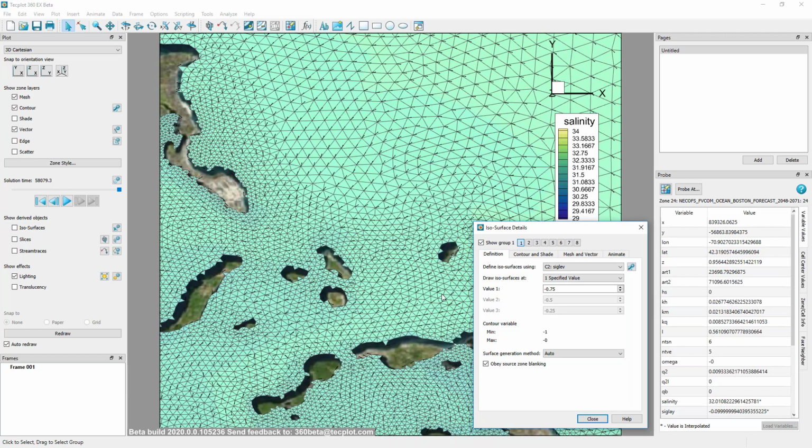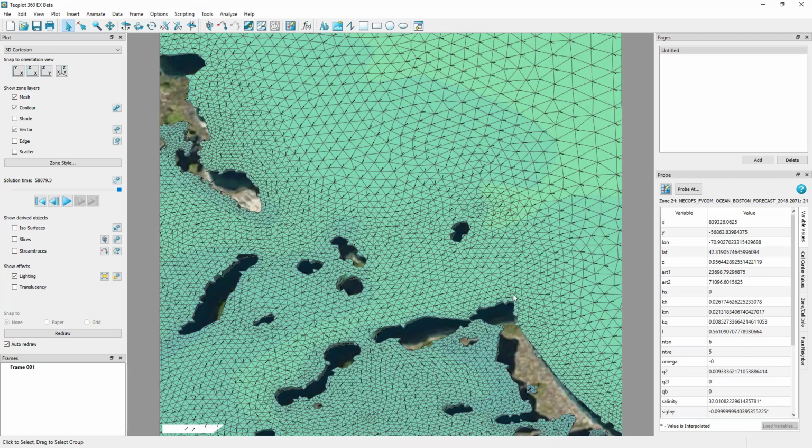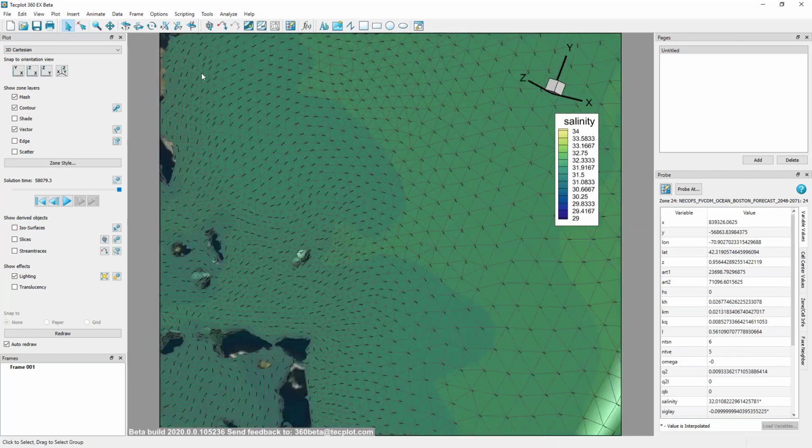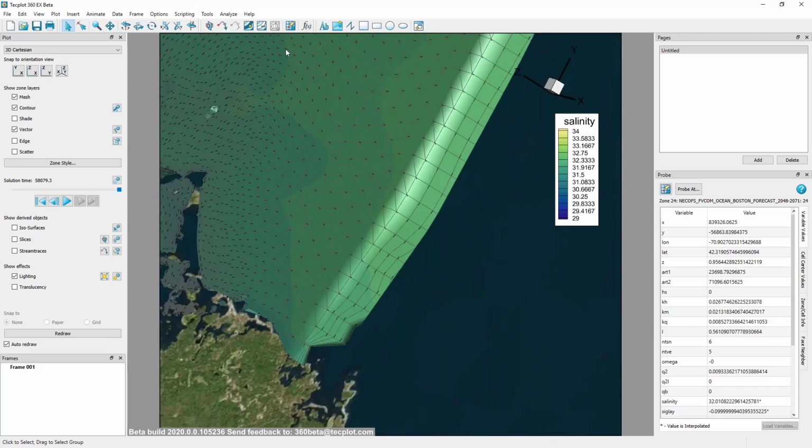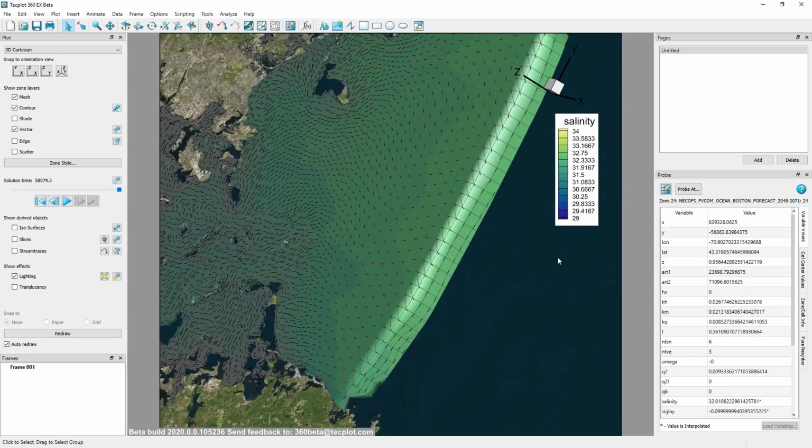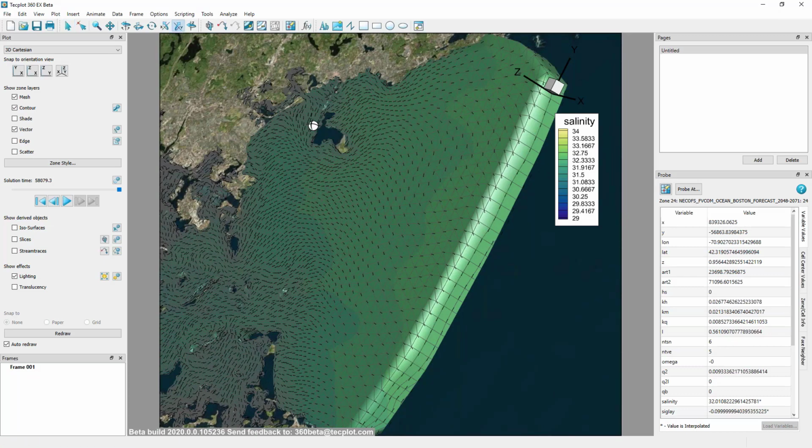So I'll keep the remaining defaults for that because we're not interested in changing the color map for that. We just want to change the definition for the isosurface using this contour group. So I'll change the draw isosurfaces at 2 specified values. I'll change this to 0 at the surface and -1 to the seafloor. I'll hit close. And the reason I'm doing this is because as I rotate our plot here, when we have the contour toggled on,